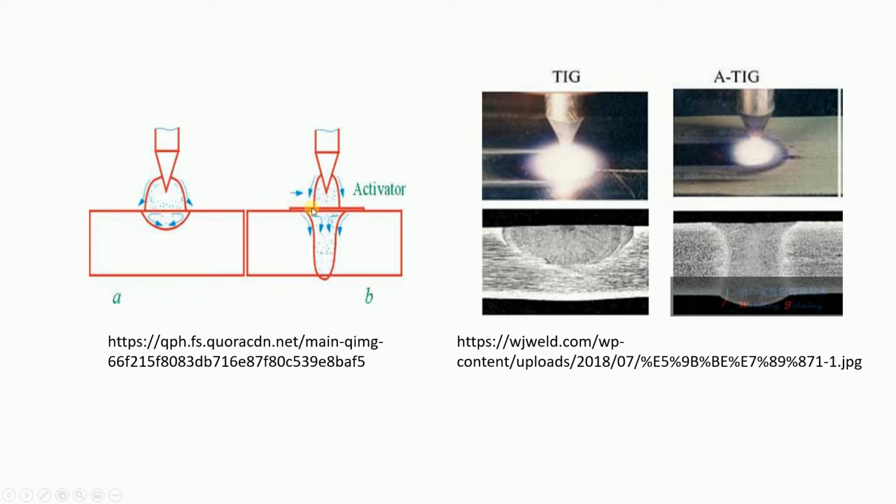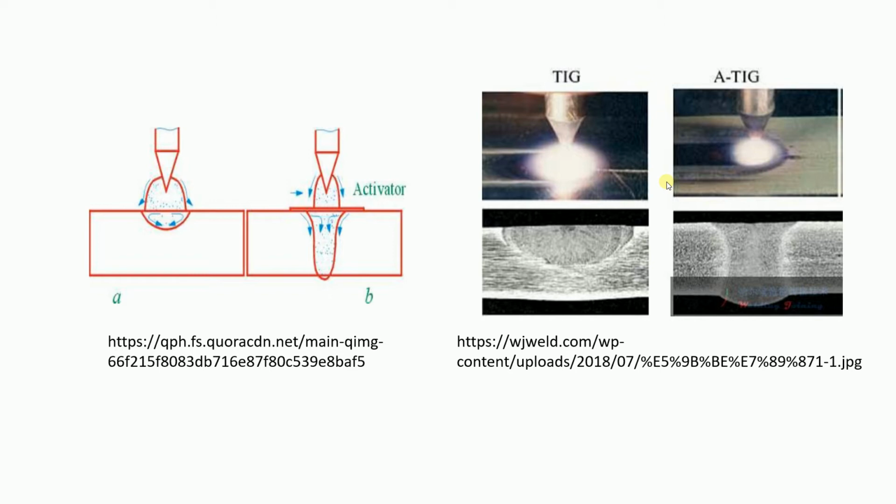And if you look at this image, there is a small layer they have made, that is nothing but an activator given as a coating. On the right hand side, you can see the TIG welding process, the electrode, the welding profile, and the TIG bead profile. So you may ask, is it anti-TIG? No, it's not anti-TIG, it's active TIG. Active TIG means we use some flux as an activator, so we shortly call it A-TIG welding.